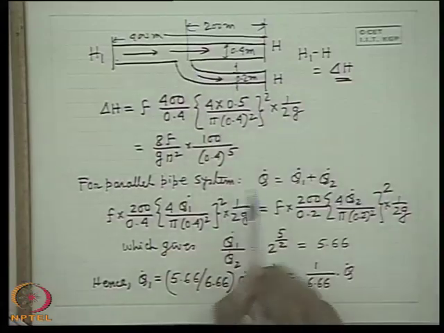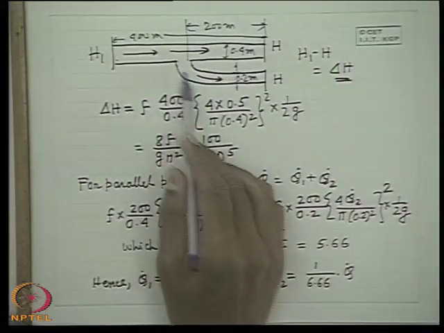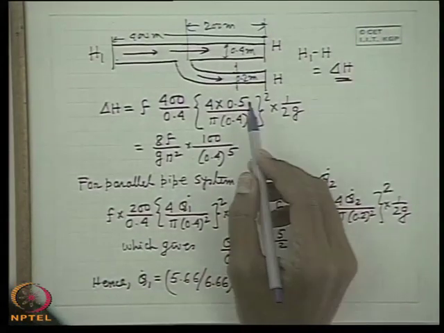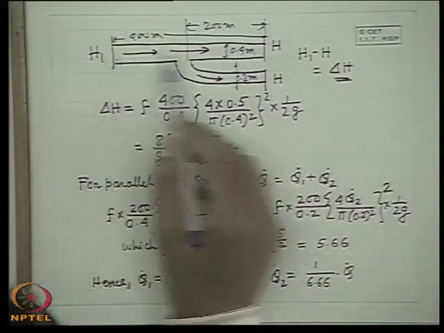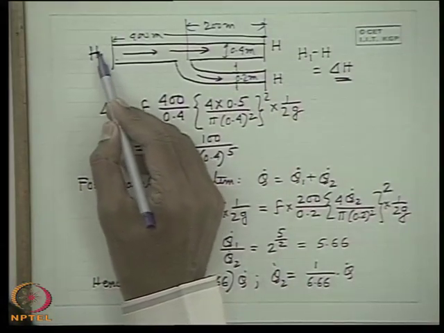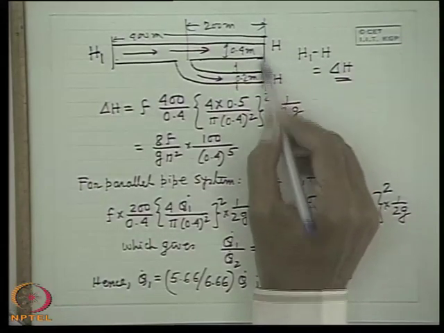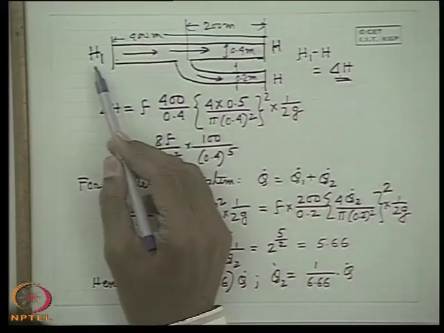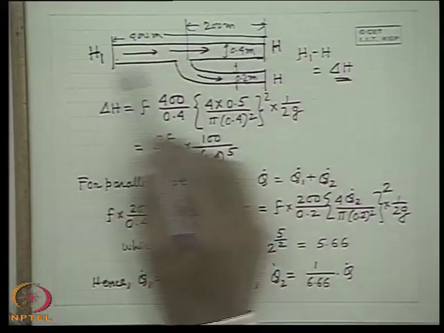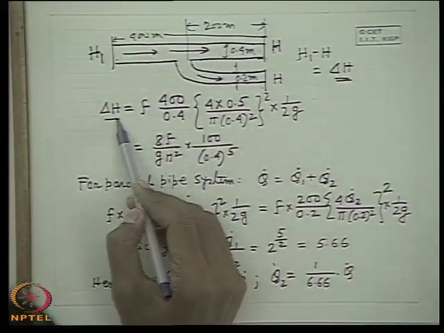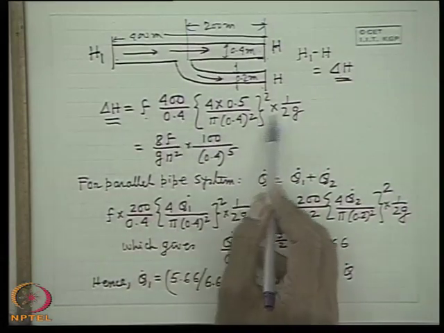So this is joined. Now in the first instant there is no other pipe, so the single pipe conveys 0.5 meter cube per second. If I write the frictional formula, I assume H1 is the inlet head and the outlet head, which should be the same for the parallel pipe, is H. H1 minus H is delta H, so delta H is the driving potential or driving head for the flow. When the single pipe was there, I can write delta H is fL by D, V square by 2g.